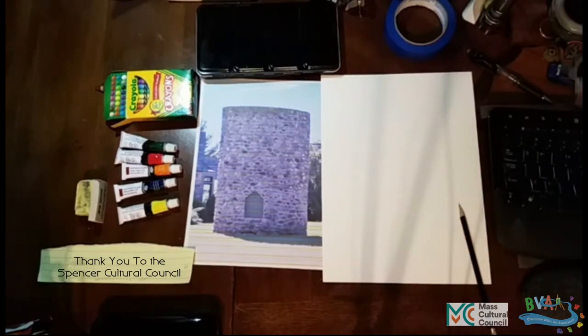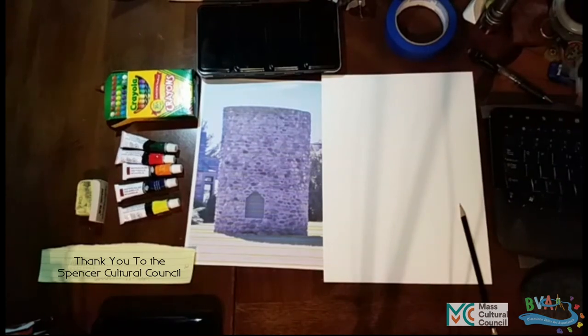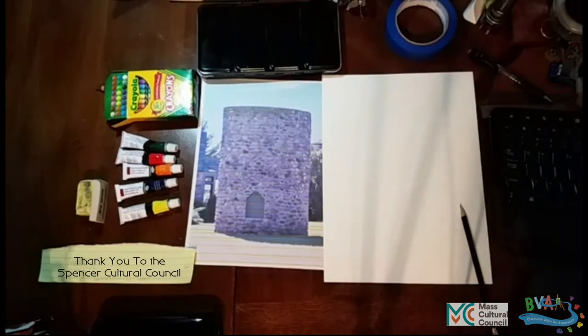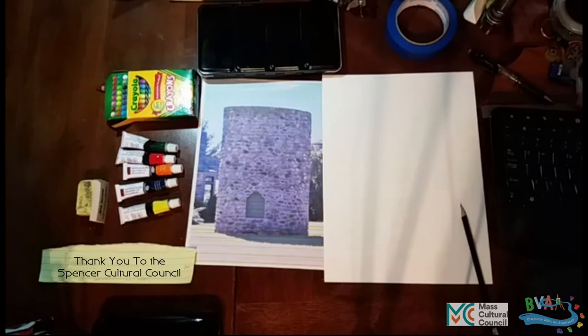But we're going to do it freehand this time. And I'm going to do this to show you, because my hands tend to be a little shaky, to not worry about it if you are not the most perfect drawer or the most accurate drawer, because part of the beauty of being an artist is that you are making your own personal recreation. So if you really care about being accurate, and that's the kind of look you're going for, you can get the tracing paper and the graphite, and you can get rulers